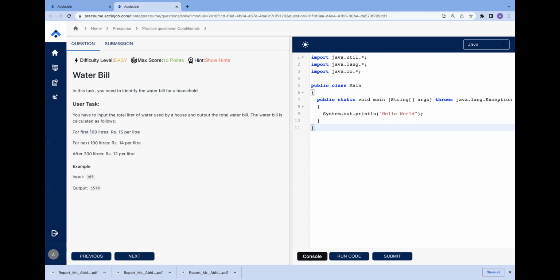So we charge the user for the first 100 liters rupees 15. For the next 100, that means if 100 to 200 liters, we charge rupees 14 per liter, and after 200 liters, we charge rupees 12 per liter. So basically what this means is